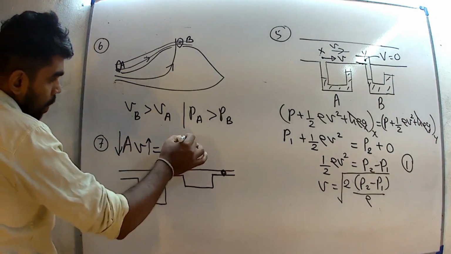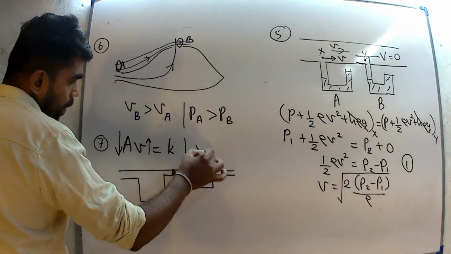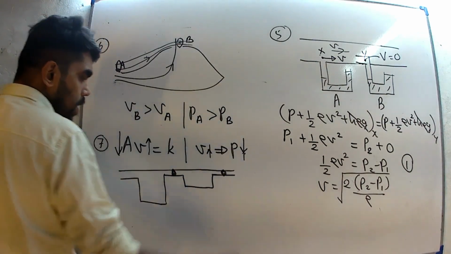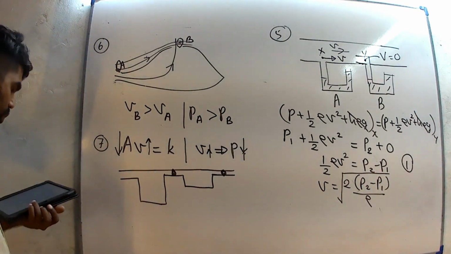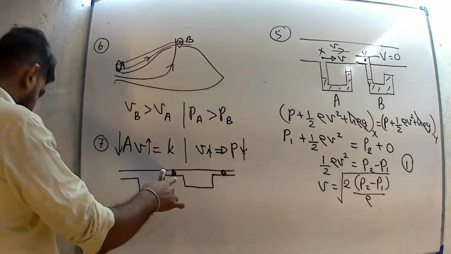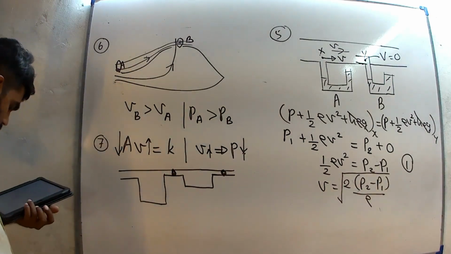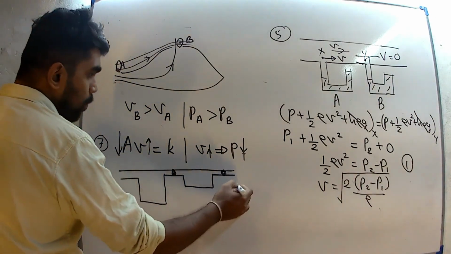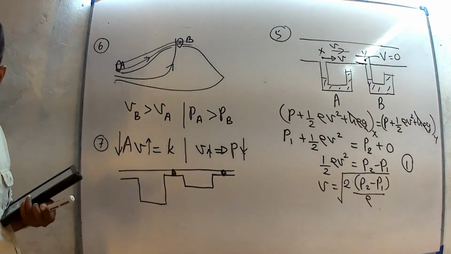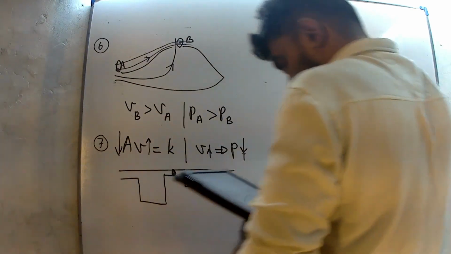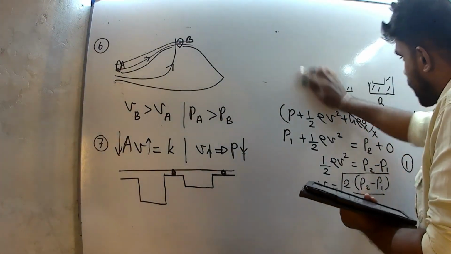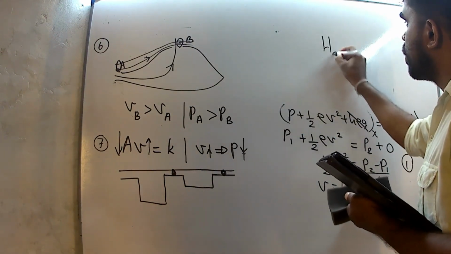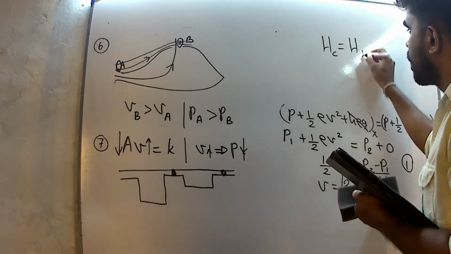And according to Bernoulli's principle, when velocity increases, pressure should decrease. Then we can observe the smallest pressure at C and D. Therefore, the height of the liquid column in tubes C and D should be equal. HC should be equal to HD, but